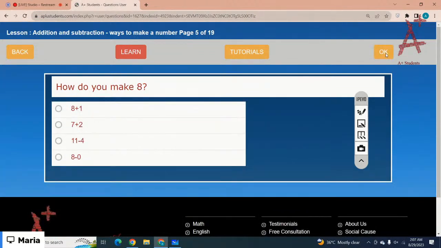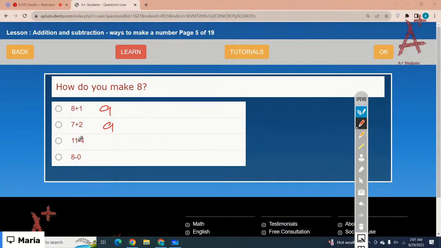How do you make 8? So which is the correct option? 8 plus 1 makes 9. Then you have 7 plus 2. 7 plus 2 makes